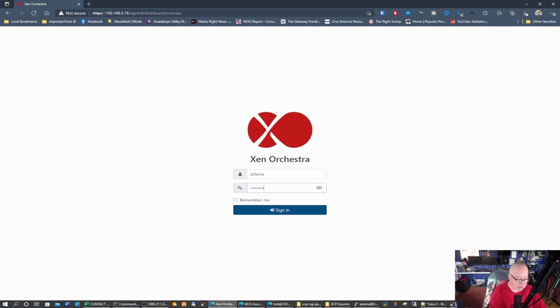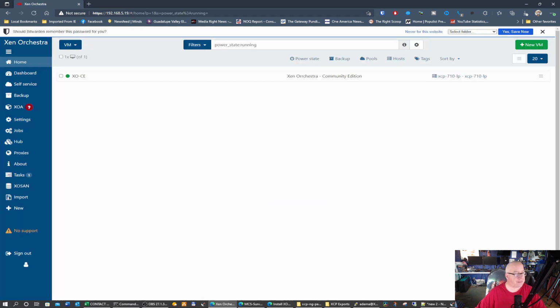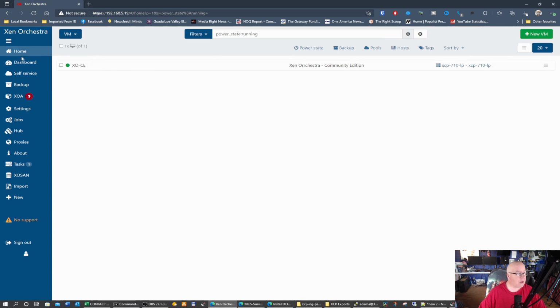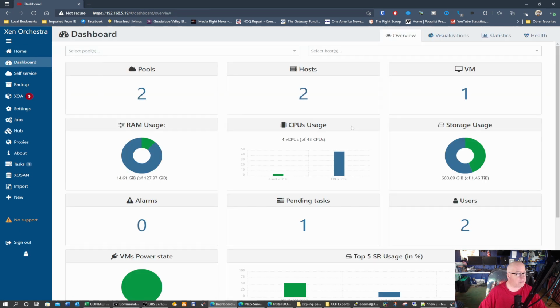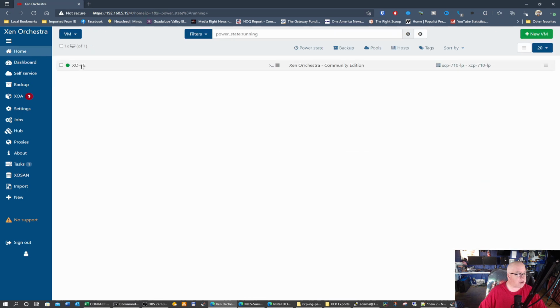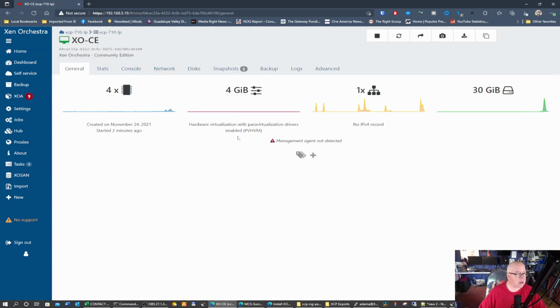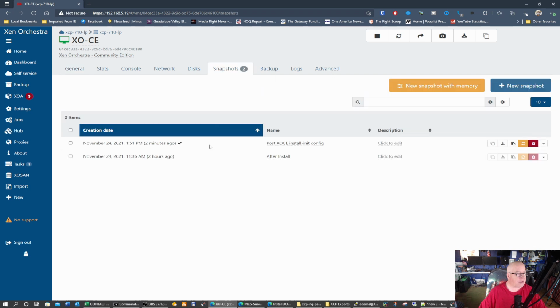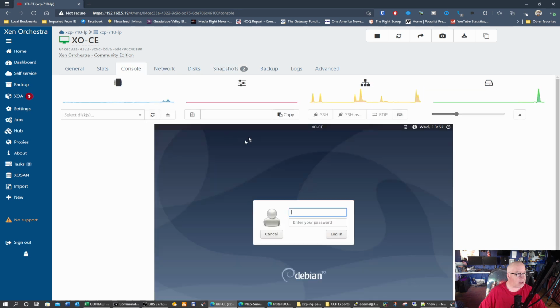So let's just make sure I can log in. Enter our super secret password. And no, I'm not going to save it. So there we go. I came right into it. It worked just great. So let's go to that virtual machine, the Xen Orchestra virtual machine, and let's go over to the, oh, look, there's my snapshots. So that's working. I can do the console through here as well, just like I can with the